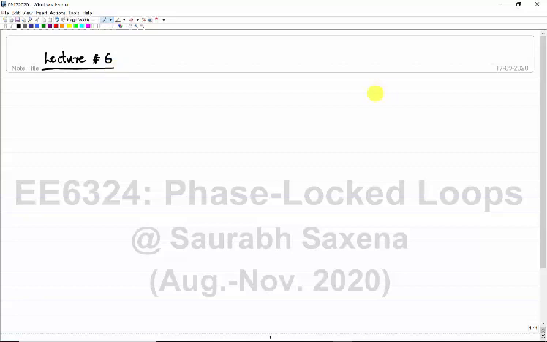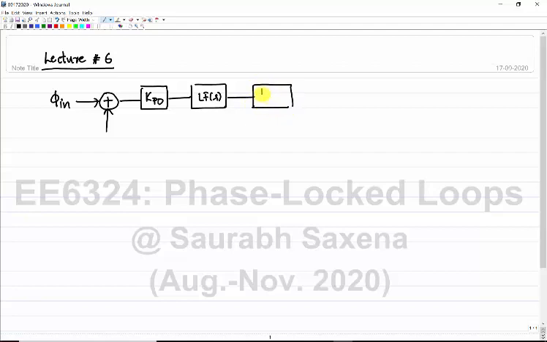Well, so your question is specifically, let me put it with the diagram. So what we are saying here is that we have phi in at the input with the phase error detector with a certain gain KPD, followed by loop filter, and then the VCO, which also has the transfer function of K VCO over S, right? So it's like this. This is your phi out, and by the way, this is something which is fed back. Where is phi error? Phi error is here,